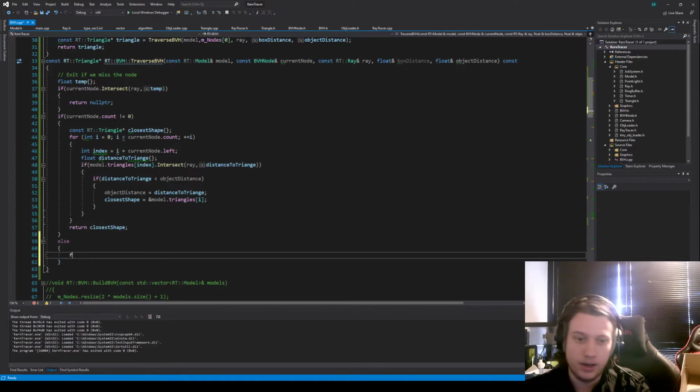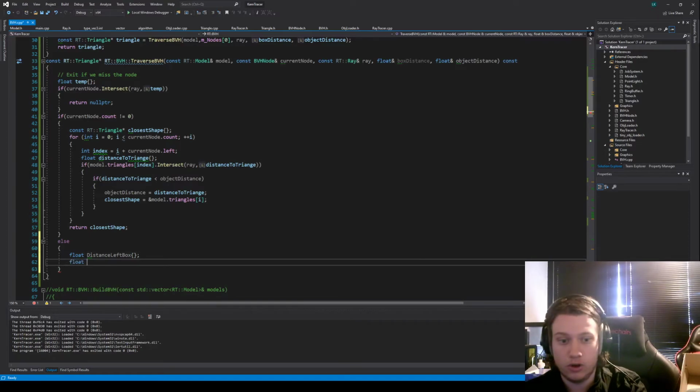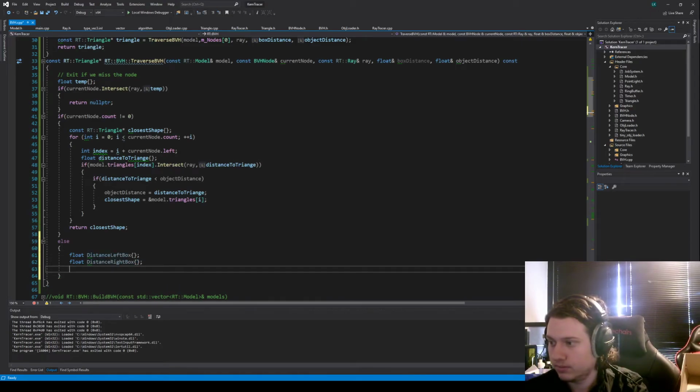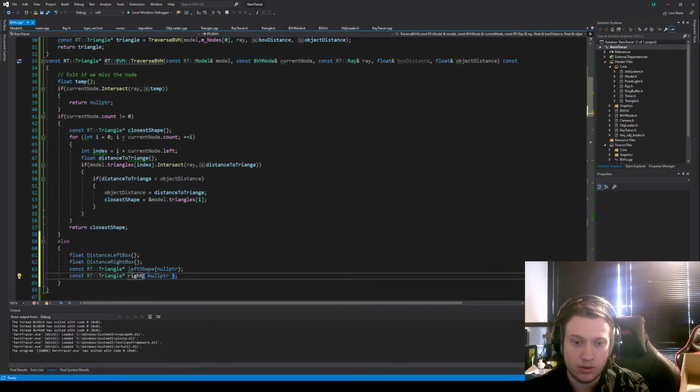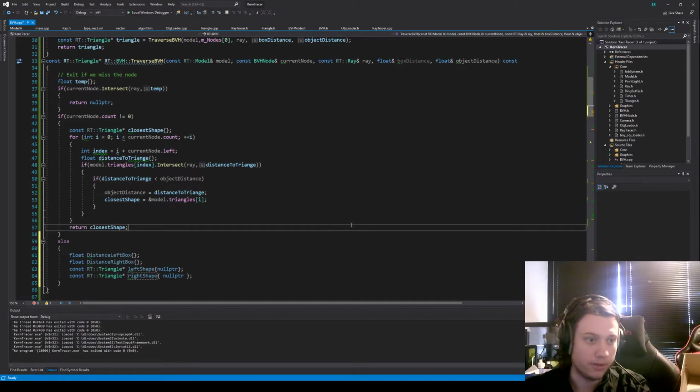So if it's not, we have two distances: float distance left box and float distance right box. And then we have two shapes. So we have a const RT triangle pointer left shape. This is a null pointer by default. And then we can copy this and we have a right shape. All right. So then we can simply say